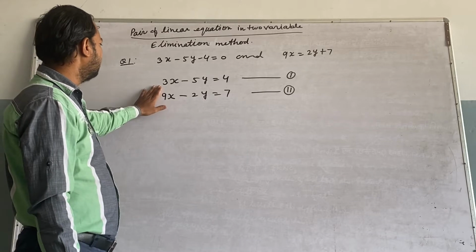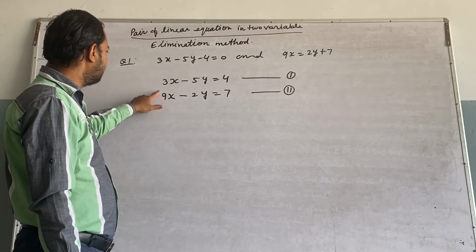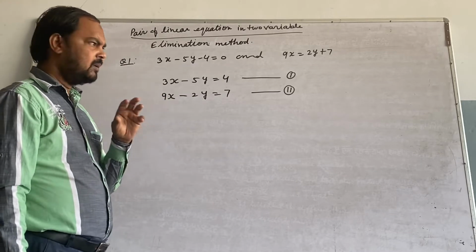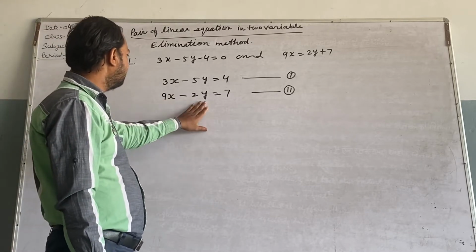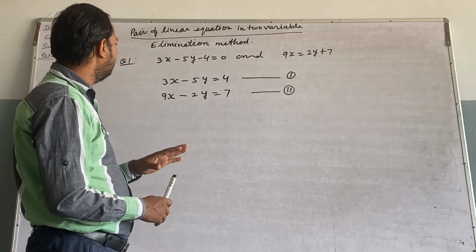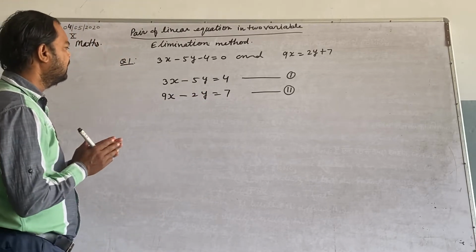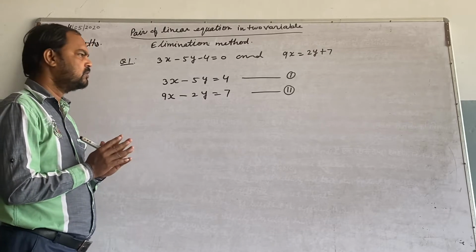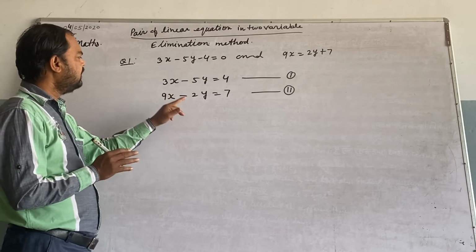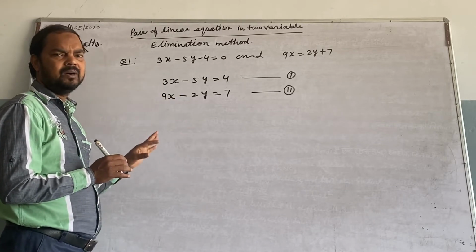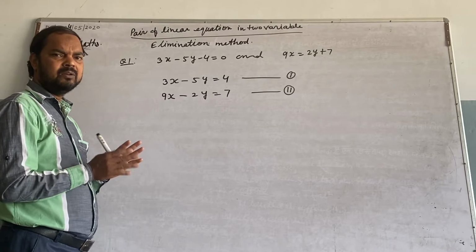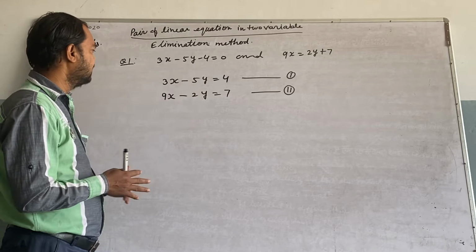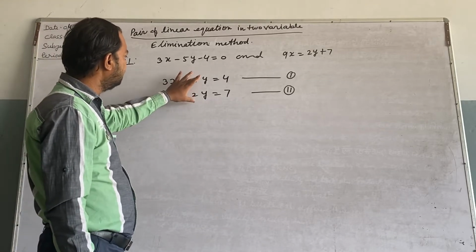In this question we can equate this two and this two also, right? But for our convenience, for our easiness, for you keeping mind without any disturbance, always try to equate the coefficient of y. This will be more useful for you. Always try to equate the coefficient of y. In some questions it will be easier to equate the coefficient of x, but we will try for y.